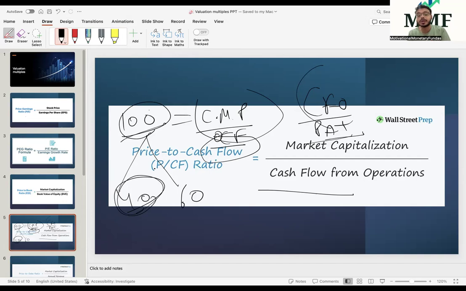I repeat my point, only 40 will be reflected and 60 will not be reflected as cash inflow, because 40 is something which has actually been received. It's a cash inflow, and this will be shown as cash flow from the operating activities. If you know, a cash flow statement is divided into three components, right?